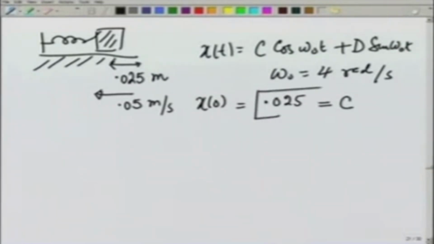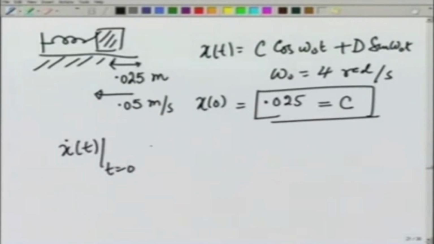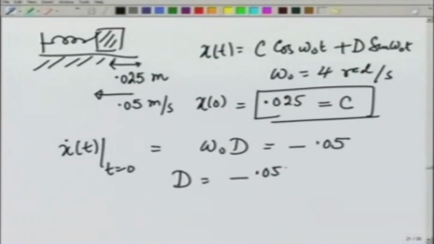So c is already determined. x dot at t equal to 0 is going to be omega naught d, and this is given to be minus 0.05, and therefore d is equal to minus 0.05 over 4, which is minus 0.0125,